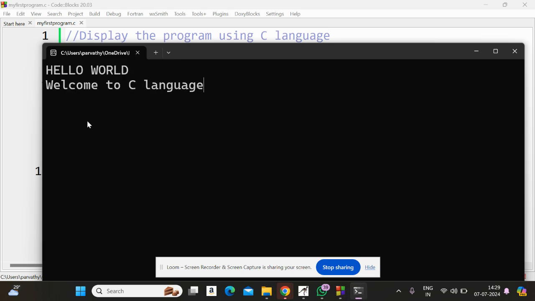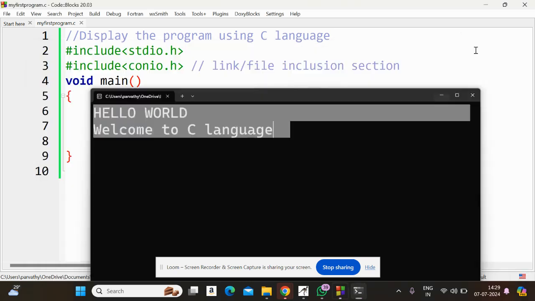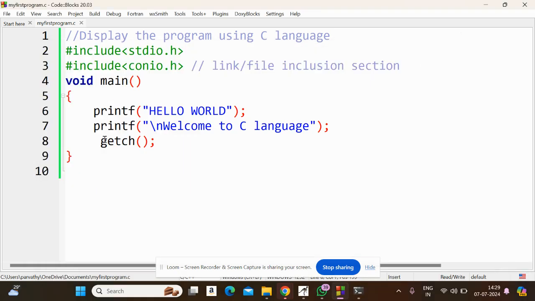So you can see how it works. It is showing only the two texts available in the main function. When I'm giving this getch, it only shows the data in the main function alone.